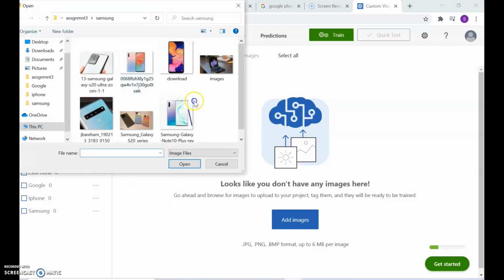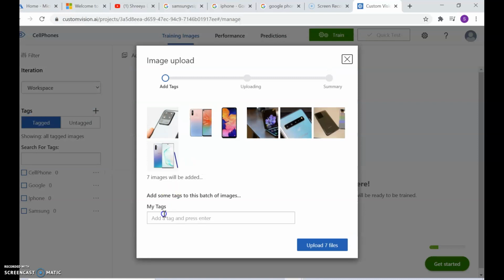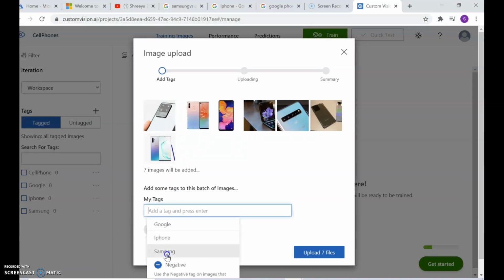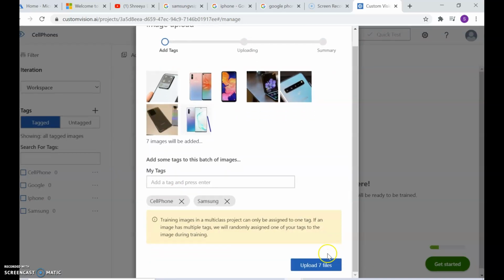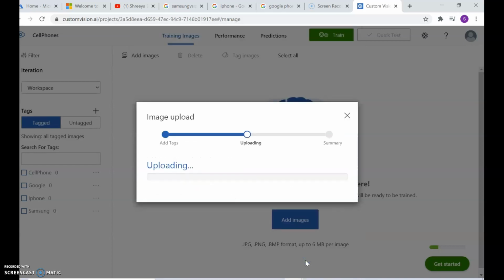Thereby, we'll be adding the images. As you can see, these are all the Samsung phones. I'll add Samsung under my tags and cell phone, because again, all of them are cell phones. While the images are uploading,